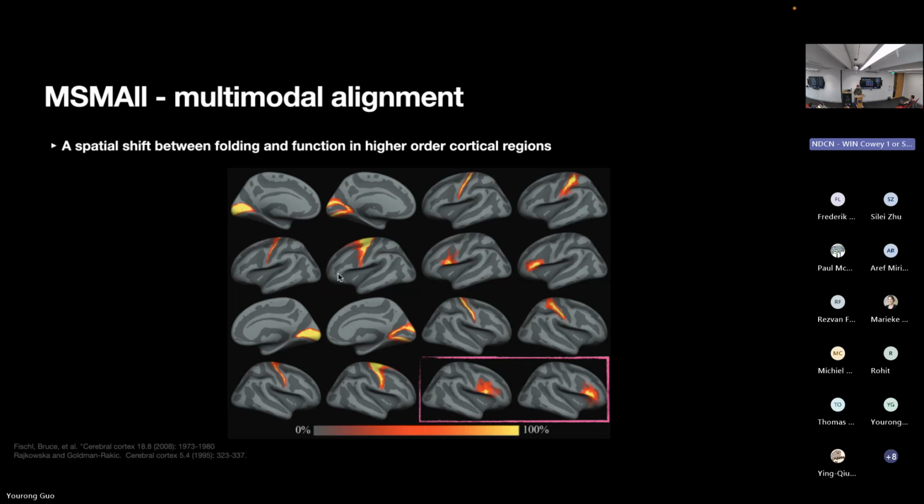In the primary functional regions, like the primary visual cortex or the primary motor cortex, the functional areas are already aligned very well. But in the higher order functional regions, with very complex functions, like Broca's area, which is responsible for language processing, it's quite complicated. There is usually a shift between the folding and function. So the sulcal landmark doesn't mark sharply the boundaries of these